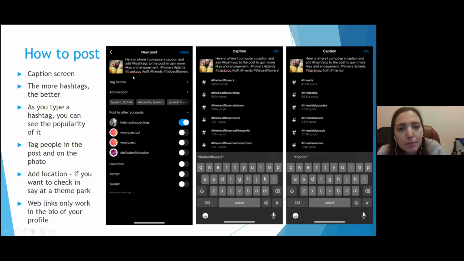So I've put flowers, plants, thank you, gift, friends. And as you type a hashtag, you can see the popularity of it. So that is what I've done here. As you can see, I started typing the best flowers, and I can see the ones with the most engagement, the most posts. So I think, oh, I'll probably pick that one. Same with friends up here. You can see there's a lot more here. So that's quite a unique hashtag. So you can add those as you go along, and that will help you with your